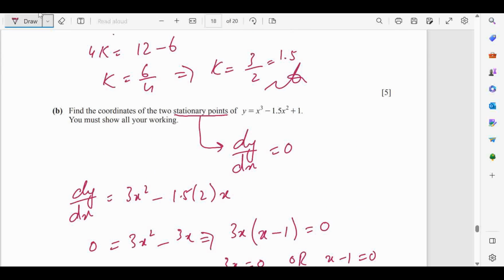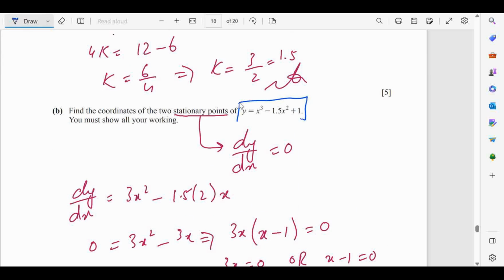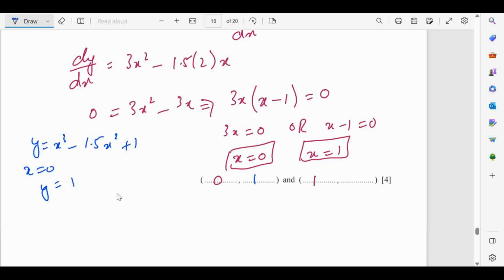Now let's see the corresponding values of y. For this one we need to use the equation of the curve. Y is equal to x cubed minus 1.5x squared plus 1. When x is 0, y will be equal to 1. Just put it in the equation, so this will be equal to 1. When x is 1,